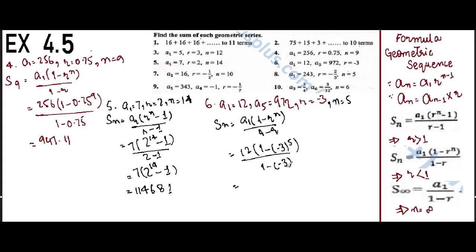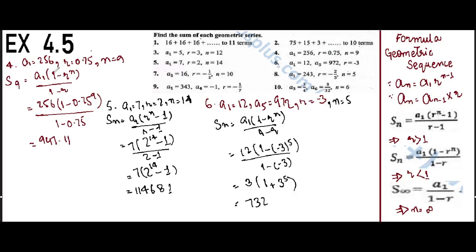So it is equal to 1 plus 3, which is 4, and 4 and 12. 12 by 4 is 3 into 1 plus 3 raised to the power 5. I wrote plus because this one is 1 minus. Now this is a negative sign with an odd power, so it will always be positive. So that's why I've written plus over here. Now the whole is equal to